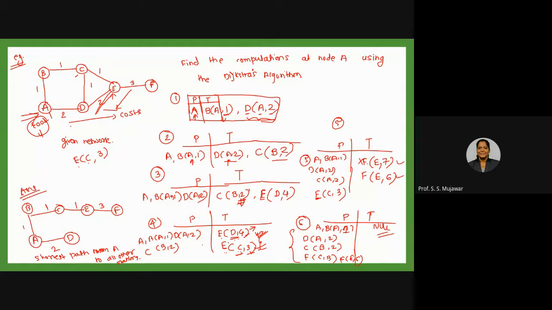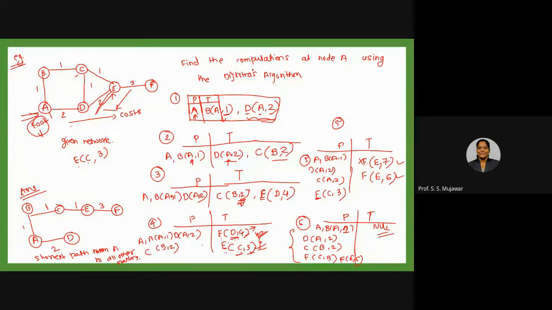And then for the node which we have entered into the permanent column, we need to find the immediate neighbors. Now, for B, which are the immediate neighbors? One is A, another is C, right? A is already the root node. We have already taken it into the permanent column, so no need to write that. Now C is left over. There is no other link, so only C is there. So I will write C.